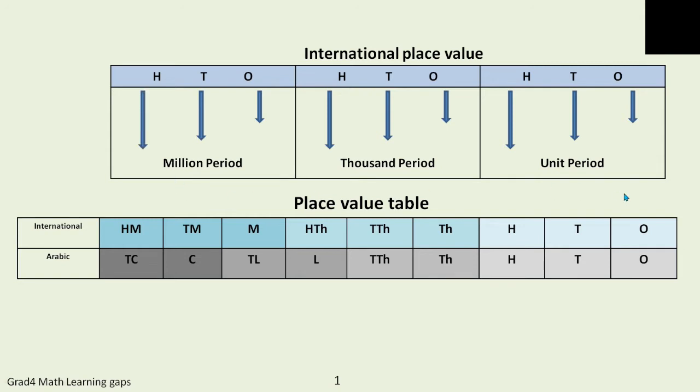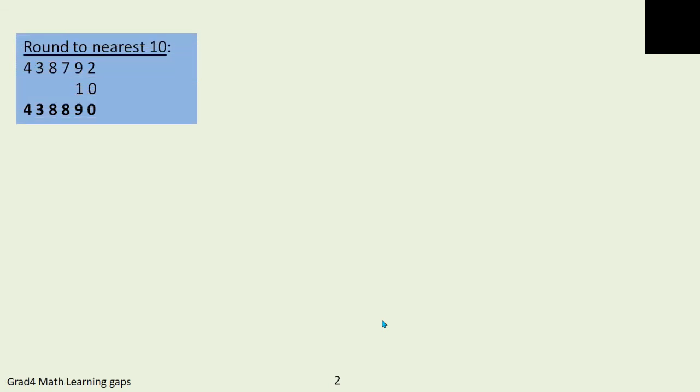So comparing both, let's have the international place value chart. That is, it will be ones, tens, 100. Then it will be 1000, 10,000, 100,000. Then it will be million, 10 million, 100 million. Whereas in the Indian place value system, it will be ones, tens, 100, 1000, 10,000, lakh, 10 lakh, crore and 10 crore. Fine. Now moving on to the next topic, that is the rounding of any number.